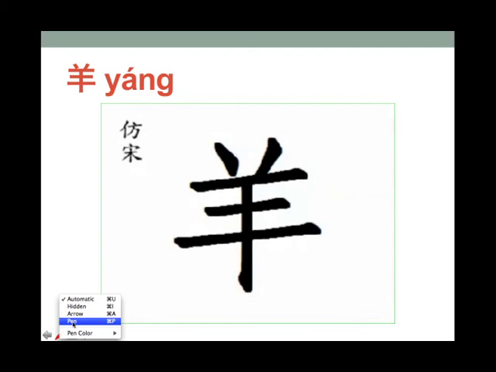And let's write this one together. Start in the upper left-hand corner, 点, 撇, and now we'll work our way from top to bottom. 横, 横, 横, all of the horizontal strokes before the vertical. 竖,